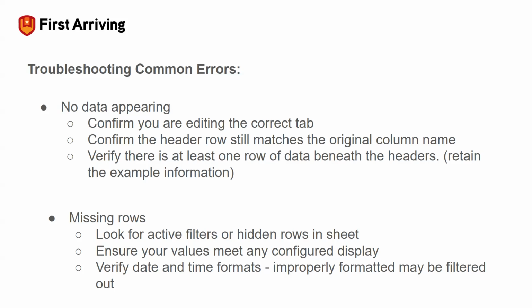Now, if there are missing rows, look for active filters or hidden rows in the Google Sheet. Check that your values meet any configured display rules. For example, if only active status records are to display, then make sure that is configured appropriately and other statuses aren't going to show. Also verify date formats. Improperly formatted dates and times may be filtered out and not